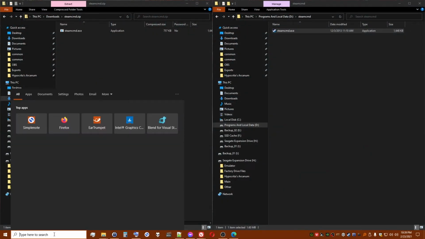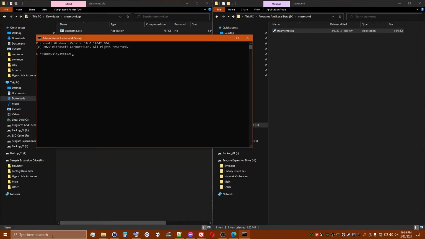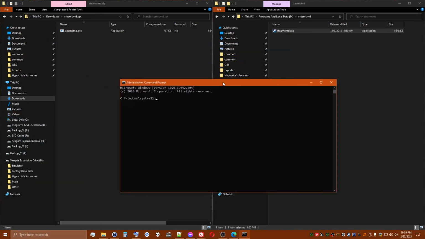Once the archive is extracted, you'll need to open a command prompt, which is easy enough in Windows 10. Just type CMD into the search bar and hit enter, or click on the command prompt entry. Next, in the window that opens up, type cd c:/SteamCMD if you've installed SteamCMD to your C drive, or for example, d:/enter, then cd d:/SteamCMD if you've installed it to your D drive.